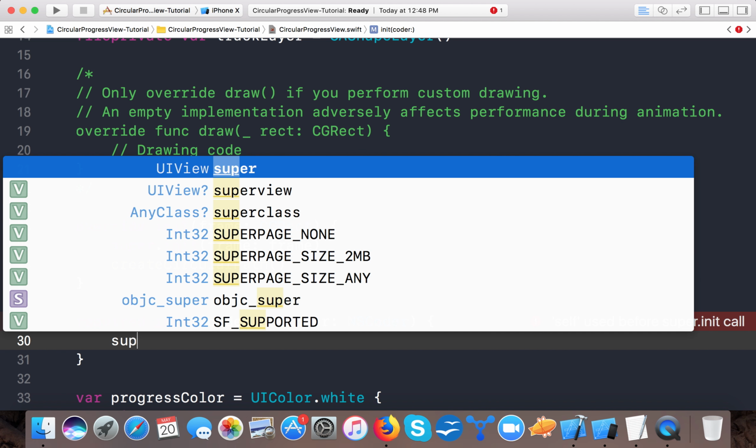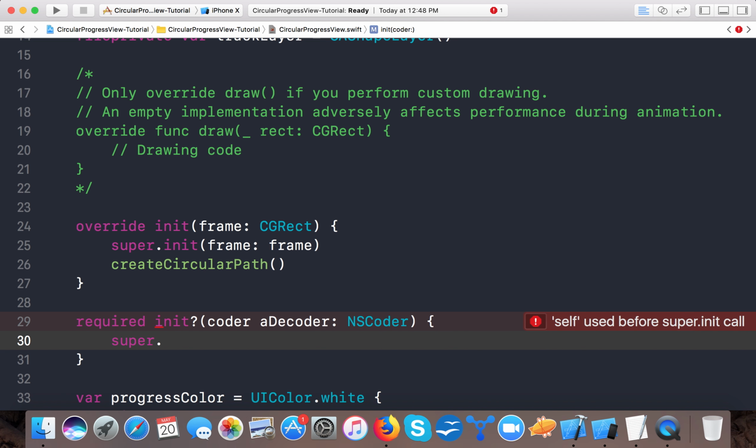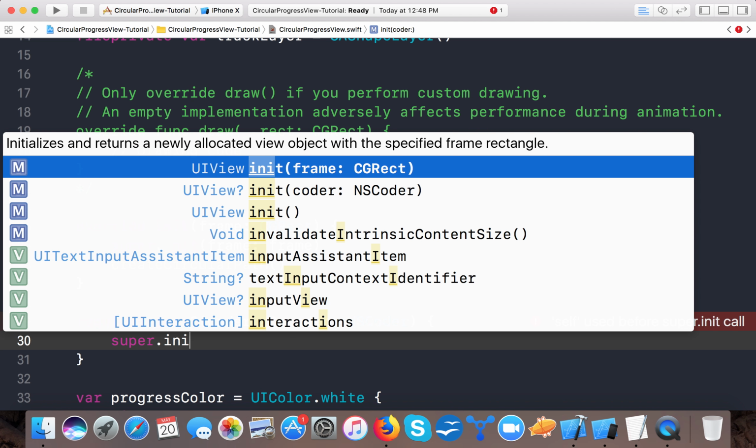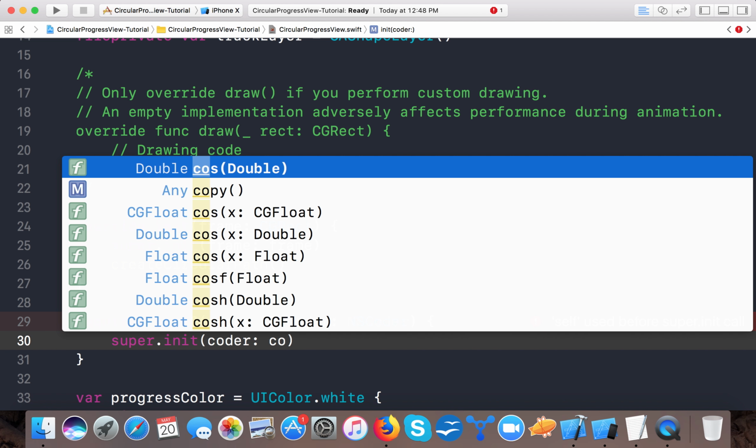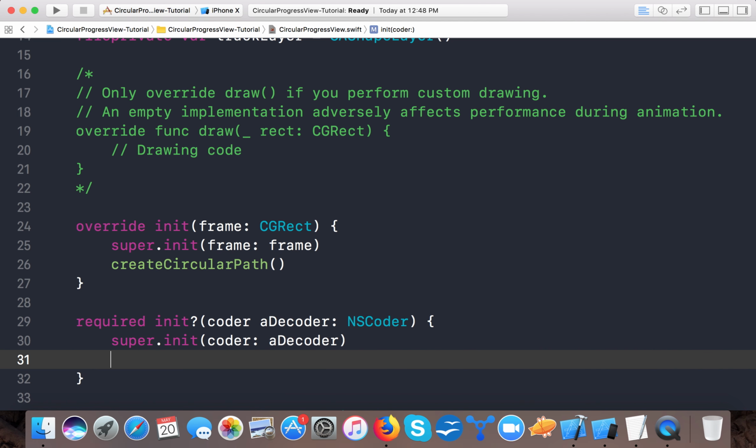And here we'll say super.init(coder:), and here we'll pass decoder, and here we will also call this method. And now let's run the app, and you will see a circular progress bar. So here we go, we are building the app, and let's check whether we created a circular progress bar or not. So here our new application is launched,